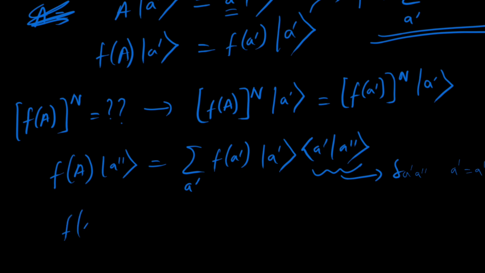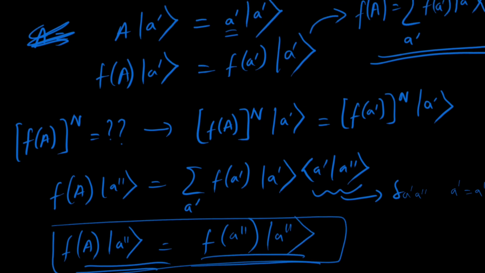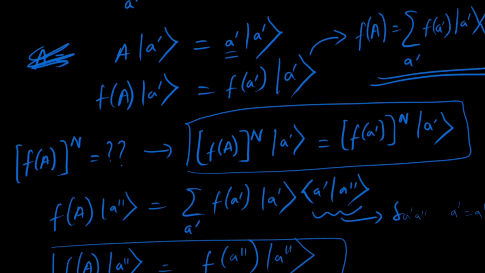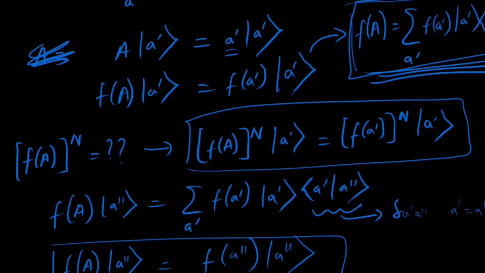So the function of A acting on the state a double prime will give us the function of a double prime acting on the state a double prime. Since our formulation works, the operator f of A that we formulated previously is also correct. So